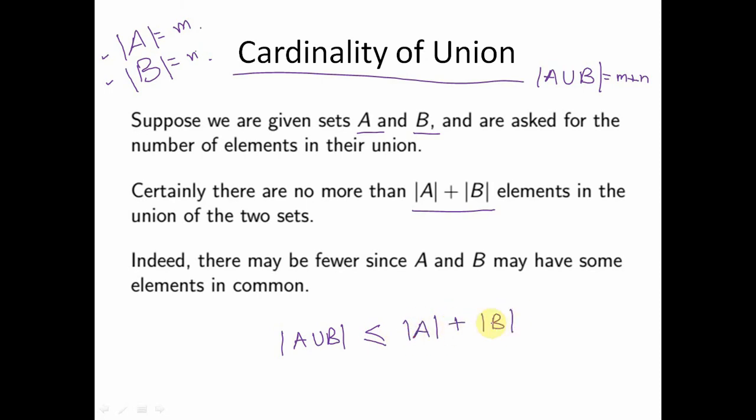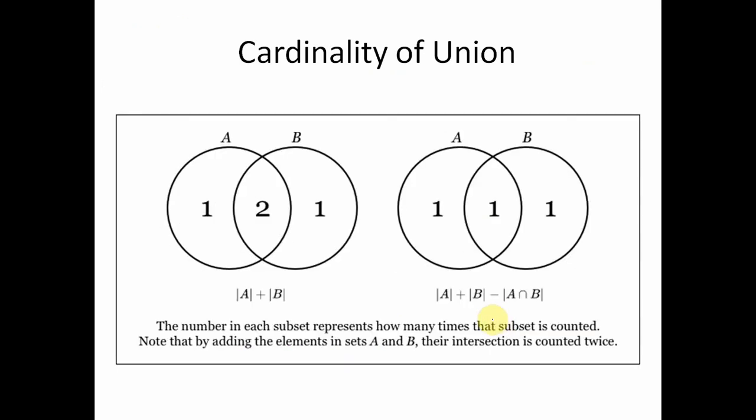Now let us try to find out what the cardinality of A union B will be, right? The best way to do it is to think of the two sets with the help of a Venn diagram. If I take the cardinality of A and the cardinality of B and simply add the two cardinalities, now this region